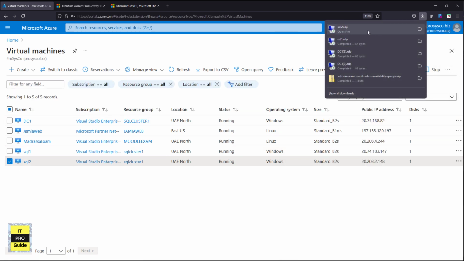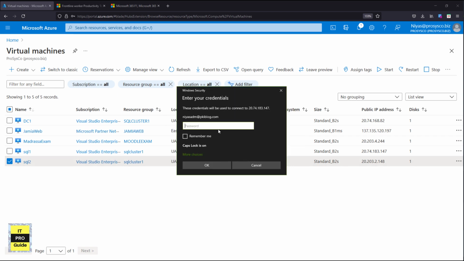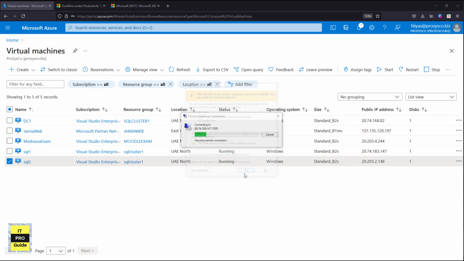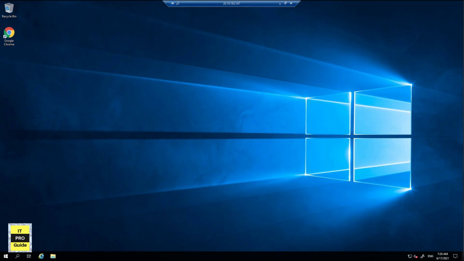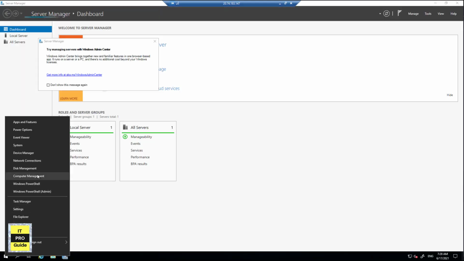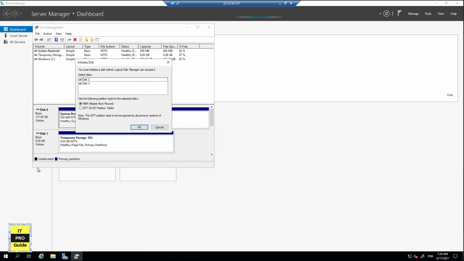I have repeated the same step for SQL 2 server also. So we have two new disks, one for the data and one for the logs. As I told you, I will be using the default location, but I just want to show you, in case you want additional disk in Microsoft Azure, how you can add it and how you can make it available in the server. Because in best practice or in production environment, anyway you have to create a separate disk for logs and for database. So now you can see that disk 2 and 3 popped up here,